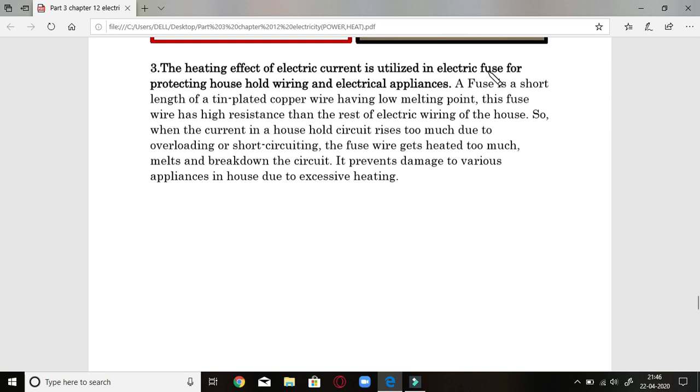You know, a fuse is a short length of tin coated copper wire. जो हमारे घर में फ्यूज लगता है उसमें एक बहुत स्पेशल वायर लगाई जाती है शॉर्ट लेंथ की, which is a tin plated copper wire. एक कॉपर वायर है, उसके ऊपर टिन मेटल की प्लेटिंग की जाती है. ये मेटल है, टिन मेटल की प्लेटिंग की जाती है उसके ऊपर. Okay, the reason is because it has a very low melting point.